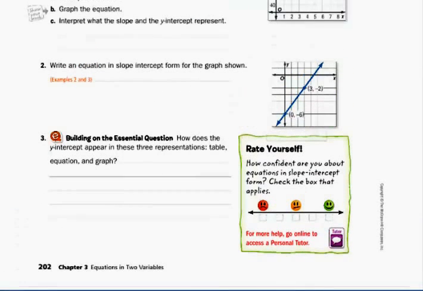All right, write an equation in slope-intercept form for the graph shown. So you need to identify two things. You need to identify the slope and the y-intercept. The y-intercept is pretty easily picked out. Right here. It's the point where the line crosses the y-axis. So if it crosses at negative 6, then the y-intercept is negative 6. And I'm going to go ahead and write it, it's supposed to be y-intercept, not y equals. Okay. So the y-intercept is negative 6, and the slope